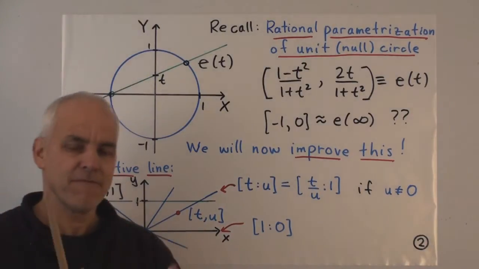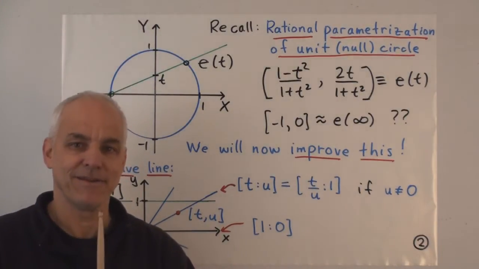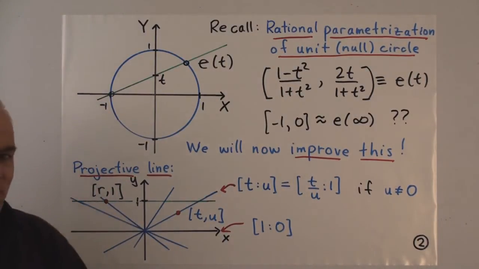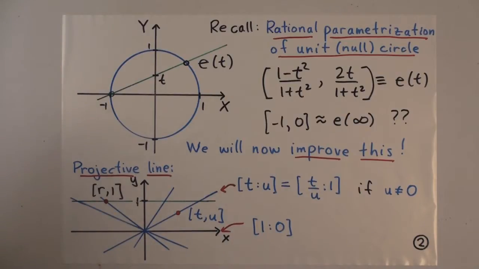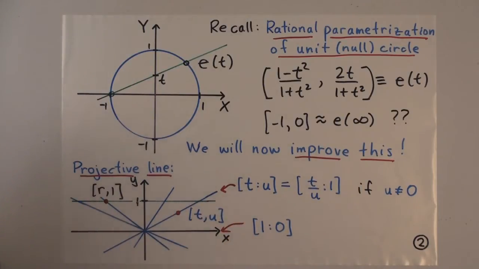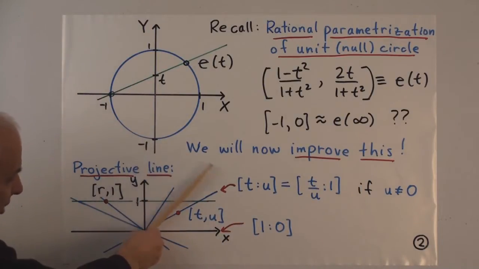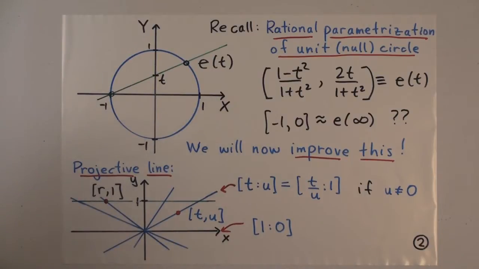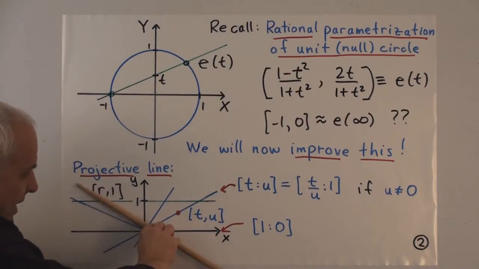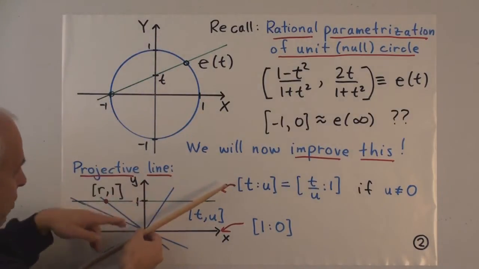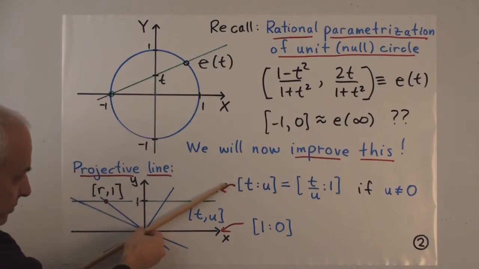It's a rather useful and elegant extension. So let me just remind you about our projective line. It's things like this. It's a proportion t to u. And geometrically, it is representing a line through the origin in a two-dimensional affine space. And I remind you that a line through the origin, most of them, intersect this reference line when y equals 1, this green line here, in a point.